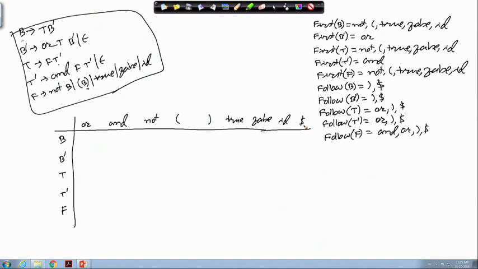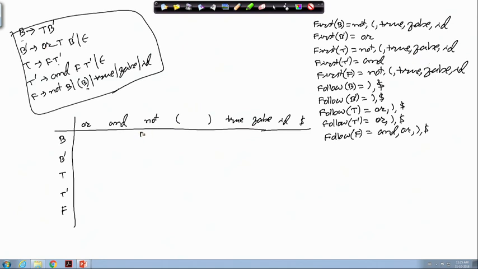Now, we have to apply individual table construction rules and see what can go where. So, B producing T B dash. Whatever is in first of T B dash, there I have to apply this particular rule, and first of T B dash is equal to first of T. So, not, then this open parenthesis, true, false, ID. So, they will have this rule.